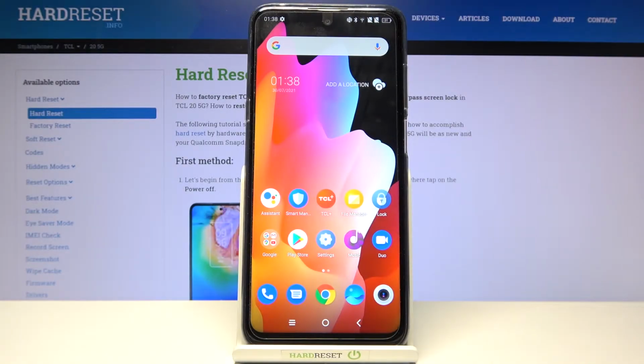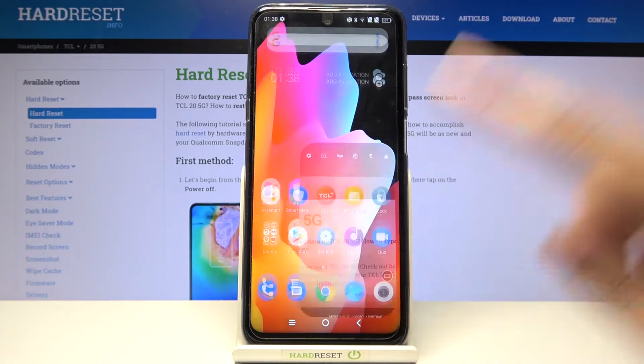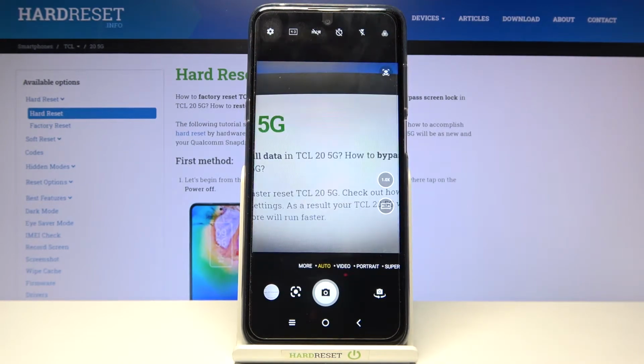Welcome, here I've got TCL 25G and I'm gonna show you how to record the slow motion video at this device. So let's start by tapping on the camera button to open it, and for now we are on auto